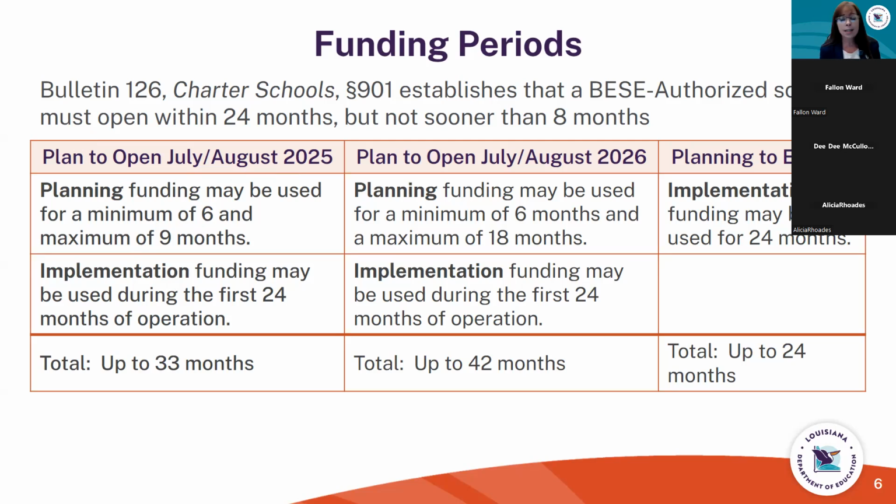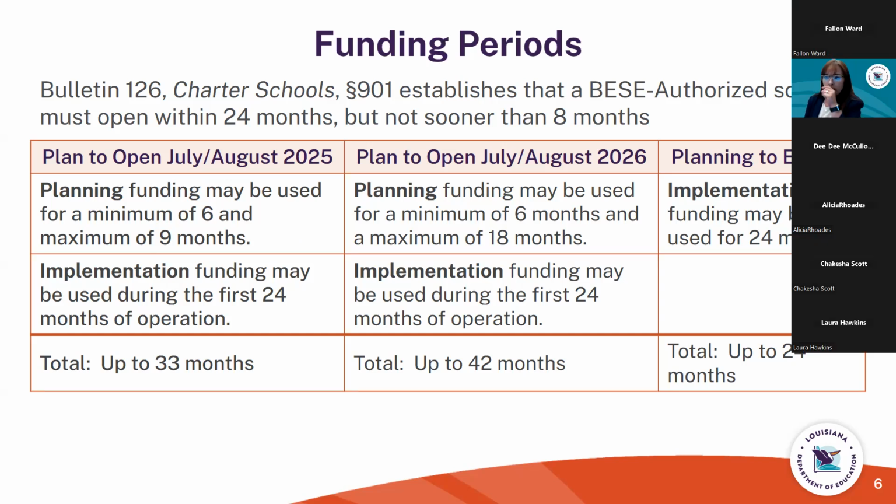Okay, if they decide that they don't really want to open until the following July or August, then that would just extend out the planning period for them. However, it would not shorten up the implementation period. Does that kind of help clear that up a little bit? I know that is one of the somewhat confusing parts. Does anybody have any questions about that? All right, great. I don't see any, but I'll keep an eye out. So for expansion, obviously, and again, I already said this, the implementation period will last for up to 24